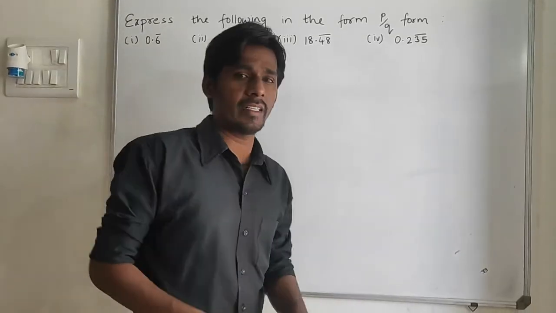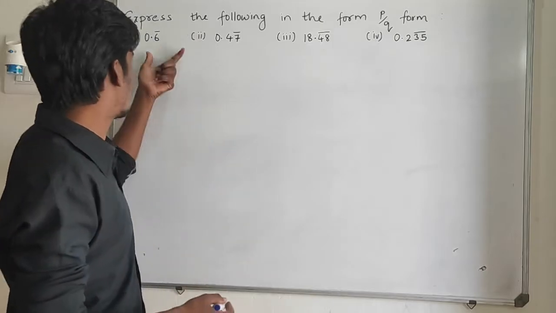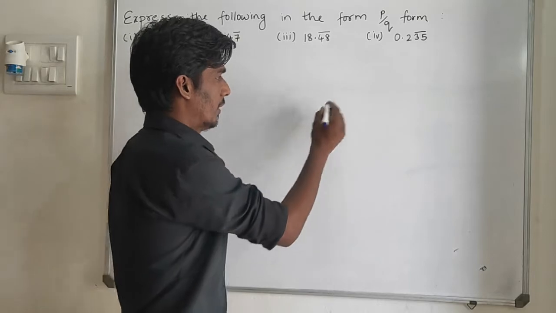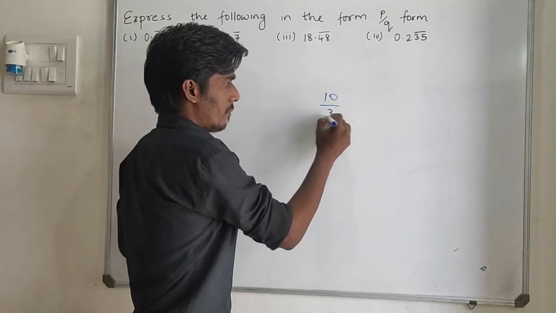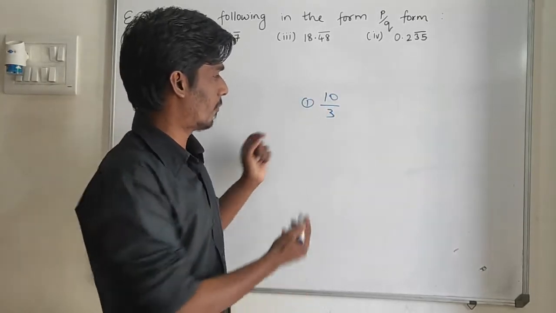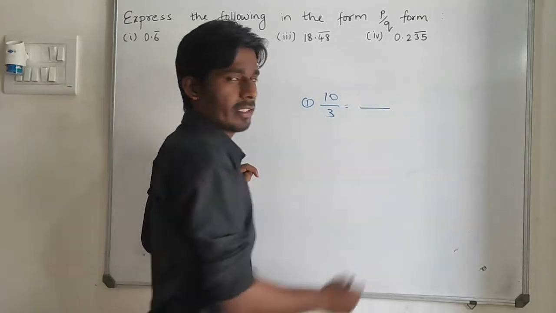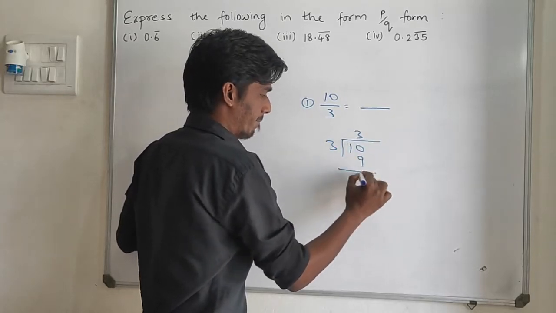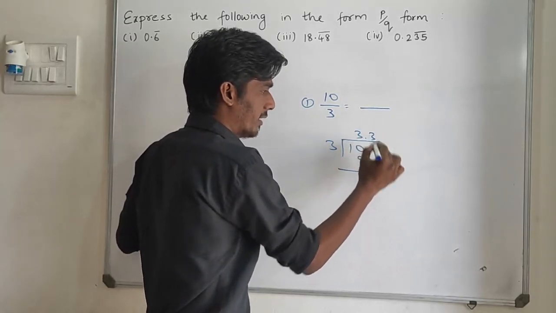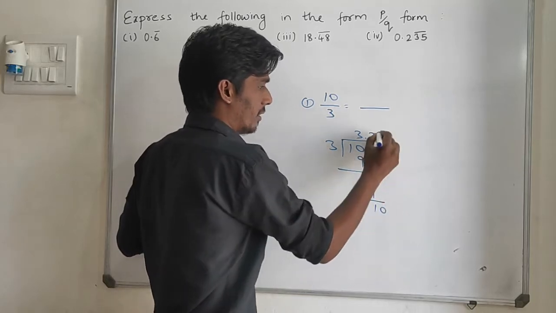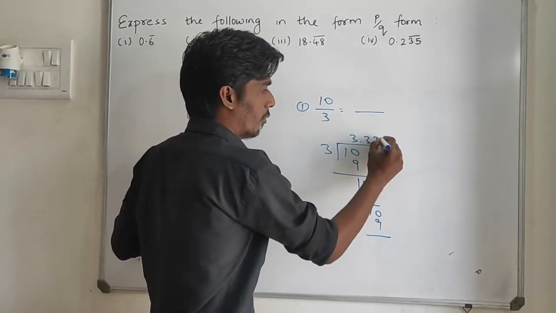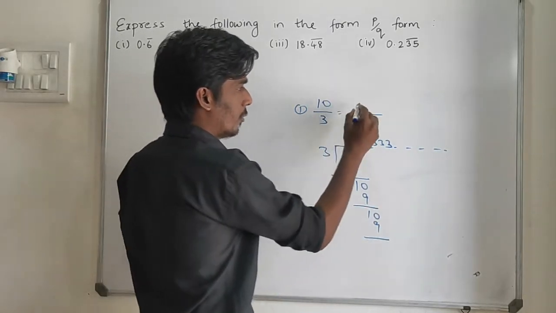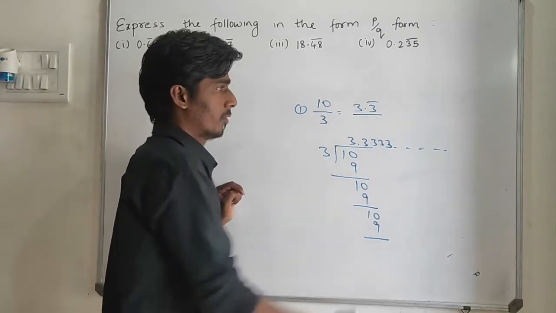Today we'll start our next method, in which we have to convert decimals into P by Q form. Yesterday, for a given fraction or P by Q form, we used to find its decimal. Like this, 3s are 9, 1 remainder, point, again 3, 9, again 3. Likewise, I am going to get 3, 3, 3.